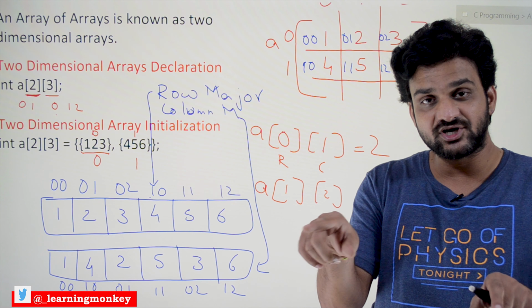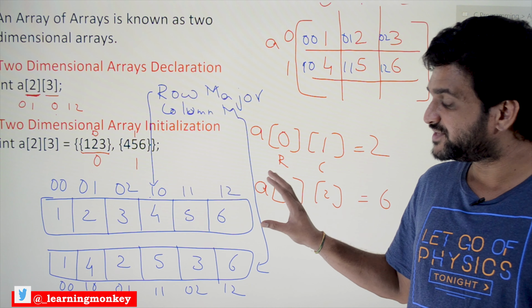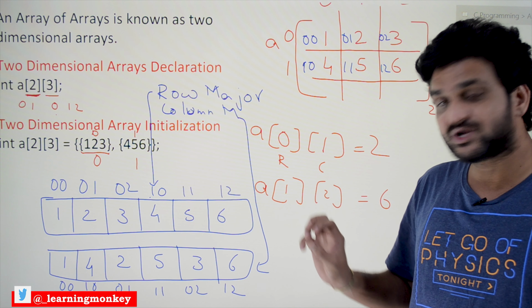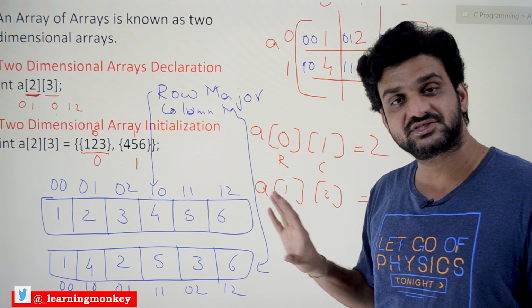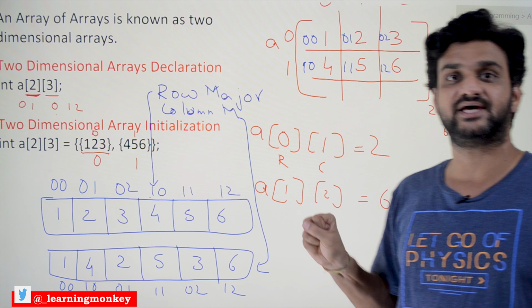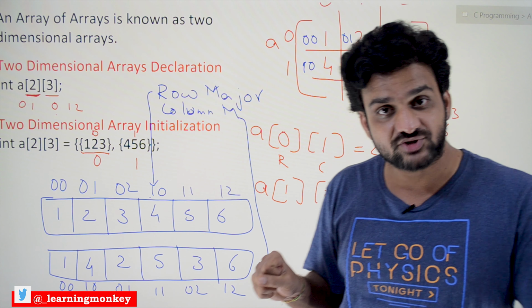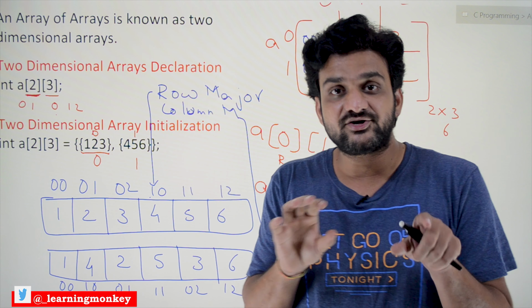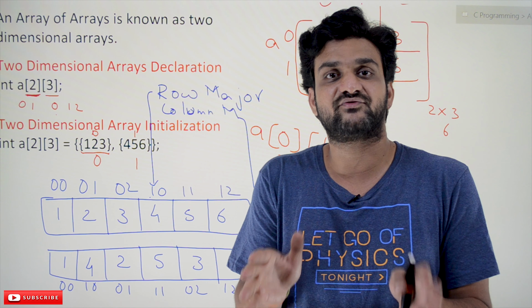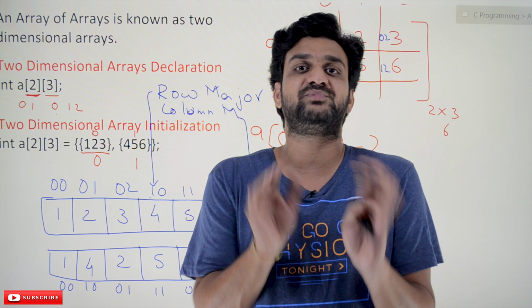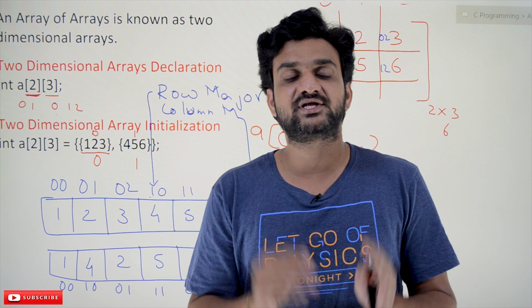In the next video, we will understand, if it is row major order, what is the formula that is used to access the elements. If it is column major order, what is the formula that is used to access those elements. So the next video is also very important to understand. Try to focus more on this video and the next video, because these two videos are very important and a bit complex to understand. Hope you got the clarity on this concept.